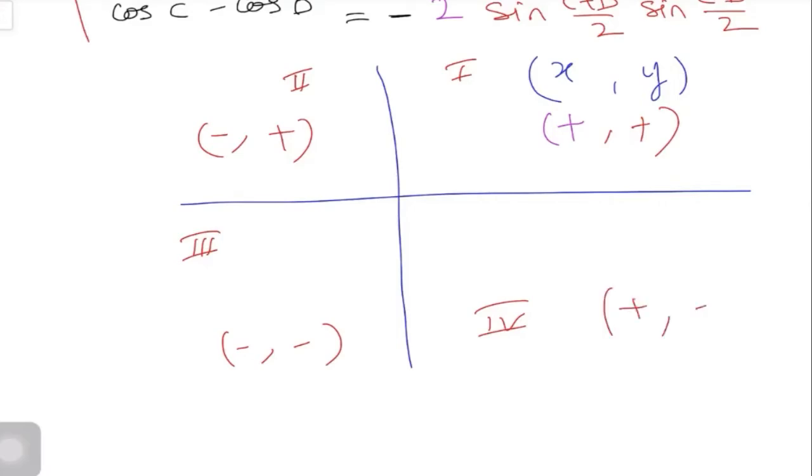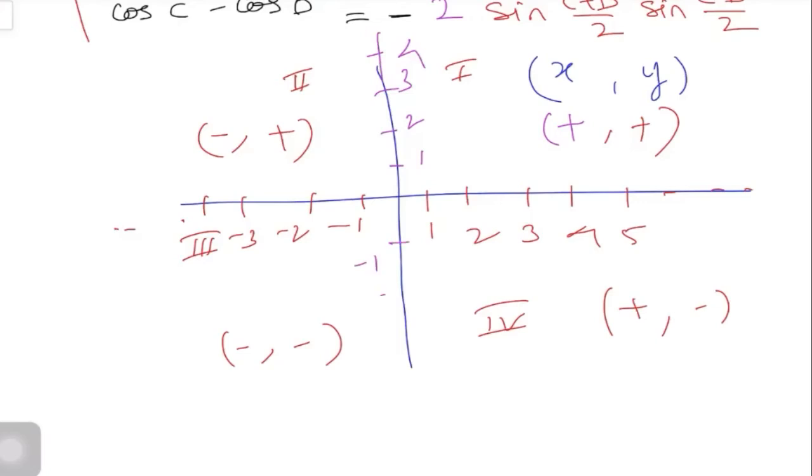So this is happening just because of the xy plane. This is 1, 2, 3, 4, 5 and so on, and in the left hand side similarly -1, -2, -3 and so on, and above we can have +1, +2, +3, +4 and so on, and then below -1, -2, -3. That's why you can see why here both are plus. Maybe some of you do not know that, for them only I am explaining. So ignore if you know all these things and feel bored, just be patient.